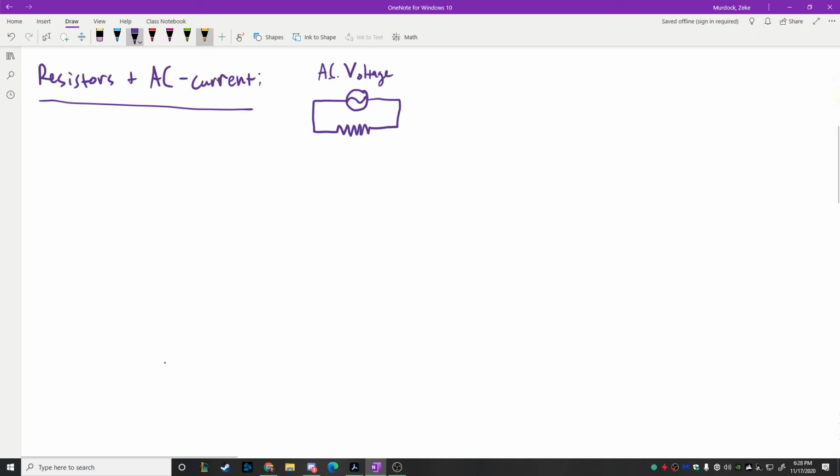And we're going to say that our current is flowing in our circuit like this at a moment in time. We have a resistance in the circuit that we're going to categorize as R. And again, we're going to start off with the idea that the current as a function of time flowing in our circuit is going to be given by,